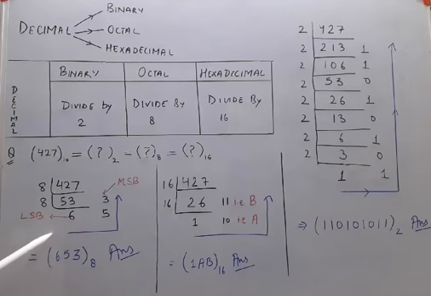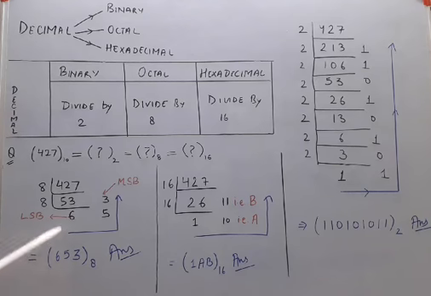So you have to keep on dividing till the quotient becomes smaller than the divisor. So since 6 is smaller than 8, therefore my quotient has become smaller than the divisor, therefore we will stop. Now see how the answer is written.